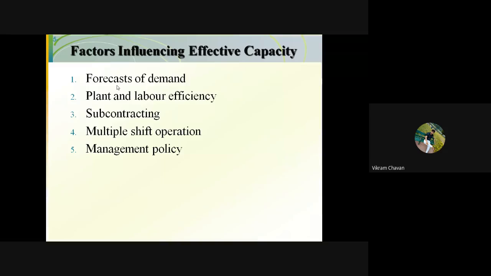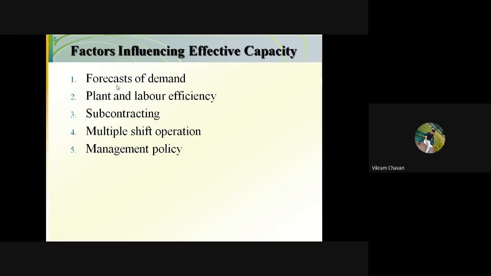Okay, so the next point is factors influencing effective capacity. We have already discussed that the effective capacity, or the system capacity, is always equal to or less than the design capacity. Design capacity is the engineered capacity, where the ideal situation is considered, but in the system capacity we have to consider that there will be breakdowns of the machine, there will be lead time for the machine,